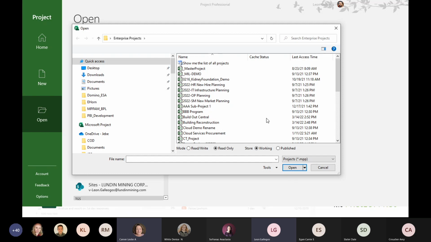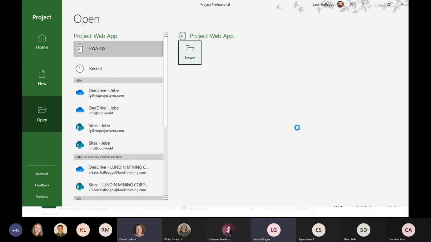Not all of them, but all of the heavy project users will appreciate the fact that they can still leverage everything that they've learned about Project while you're working in Project Online. So you can see that same project here, Build Out Central, that I'm able to just simply open within Project. And notice the difference. I'm opening enterprise projects. So there's a connectivity between the desktop client, right, and Project Online in order for me to open up these projects. So I'll go ahead and just open that guy up there.